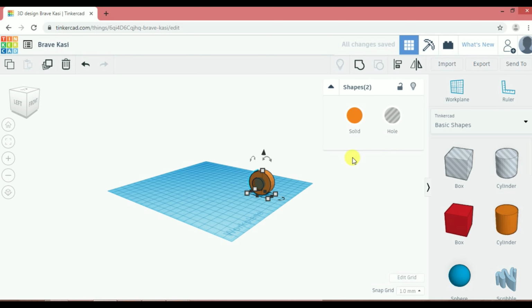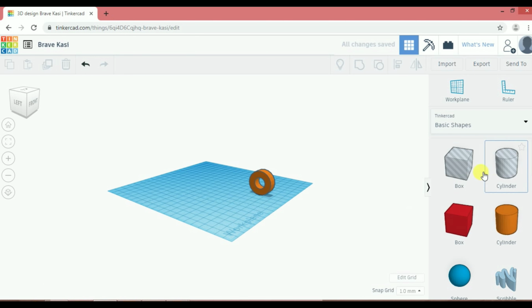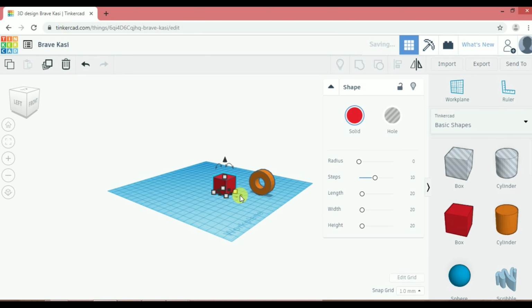So here you get the hole in the disc, and for getting the preview of it you need to group it.